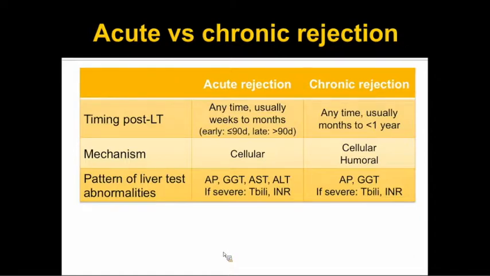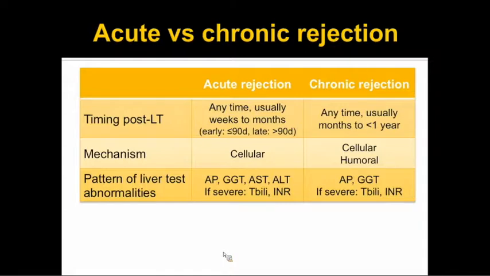The mechanisms of injury for acute rejection are really a complex interaction between recipient T cells and donor and recipient antigen presenting cells, which lead to activation of TNF-alpha superfamily receptors and cause a myriad of changes. That's a more cellular mechanism for acute rejection. Chronic rejection, the understanding of that is still very much evolving. In the past the focus was on cellular mechanisms for chronic rejection, and now there's a growing understanding that humoral, antibody-mediated immune reactivity may also be very important in chronic rejection.